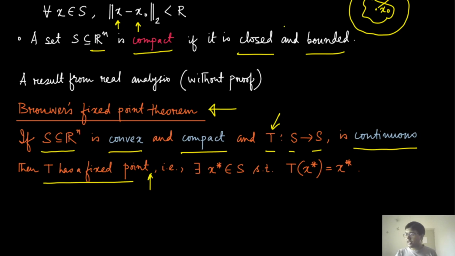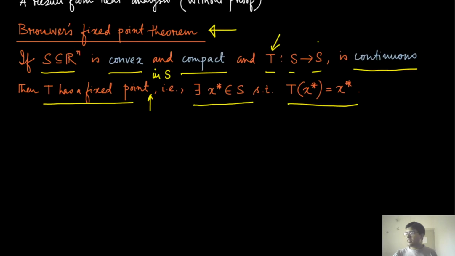So for the fixed point in S, I think that is useful to mention. It means that there exists some x star in S such that T(x*) = x*. So what is the fixed point? Fixed point means a point which maps into itself. So just to give you a feeling of what this means, let me just cast this theorem for